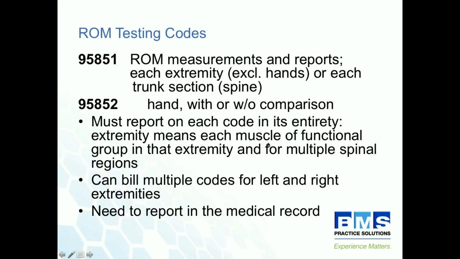Again, you would want to include each of the joints with its major planes of movement for range of motion measurement, and you need to report those codes either in a separate written report or as part of your daily note that day. Remember, if you were going to be doing range of motion and manual muscle testing for both upper extremities excluding the hand, you'd be billing 2 units of the manual muscle testing code, 1 for each upper extremity, and then 2 units of the range of motion measurement code for each extremity.